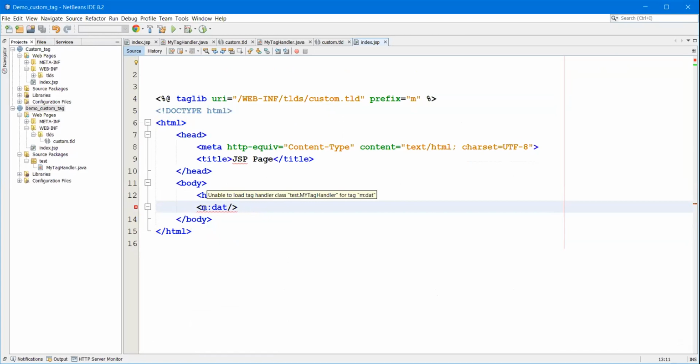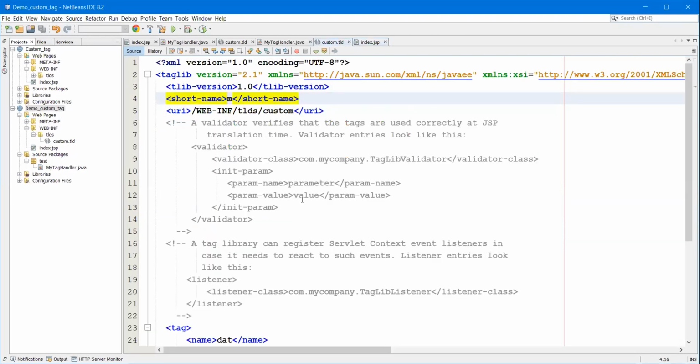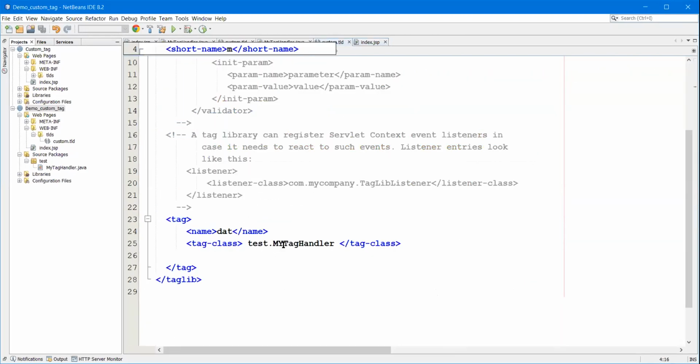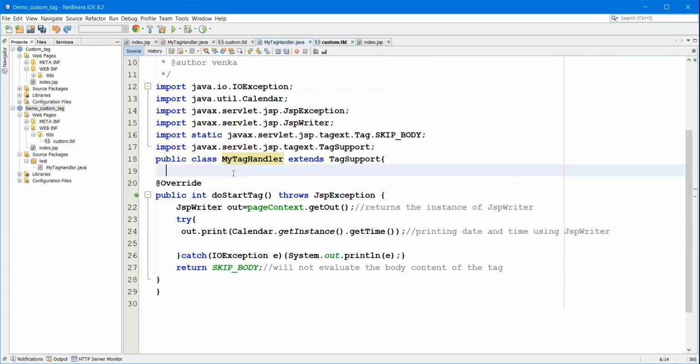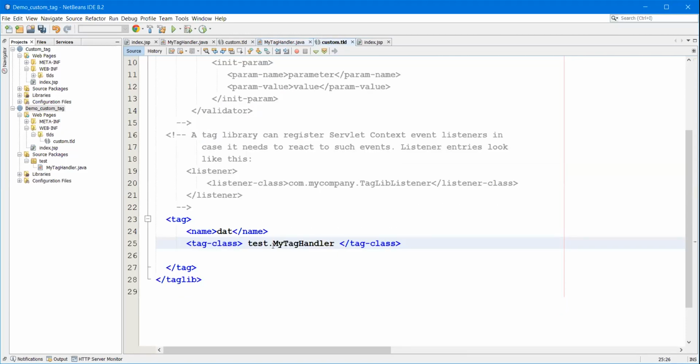Okay, I understand the error. See here, if you observe, the class name I am giving has a capital letter Y. It is not this one. MyHandler, see, what is the class name? M capital letter, y small letter. Previously I used Y also as a capital letter. That's the reason it is giving an error.